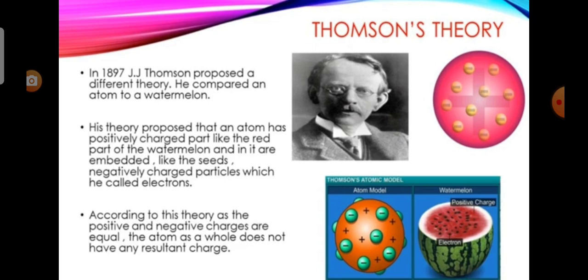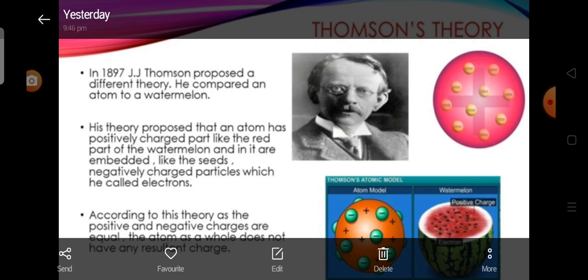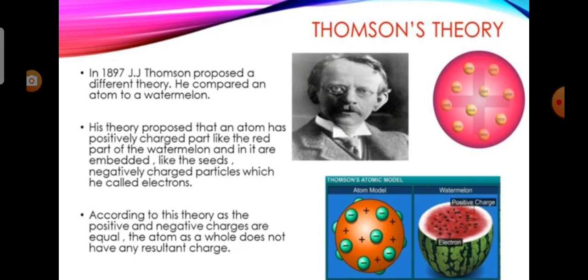Followed by Dalton, Thomson proposed a different theory. He compared an atom to a watermelon. His theory proposed that the atom has a positively charged part like the red part of a watermelon and negatively charged particles which he called electrons. According to his theory, as the positive and negative charges are equal, the atom as a whole does not have